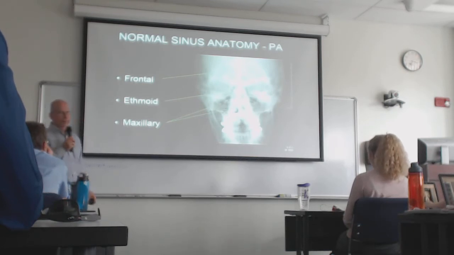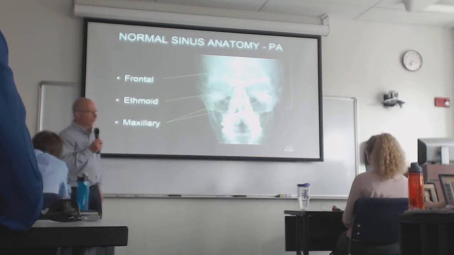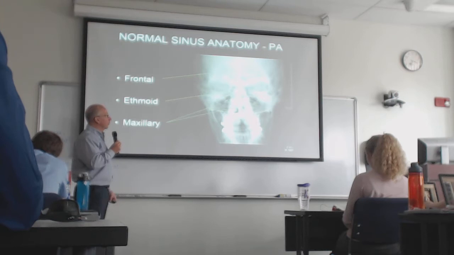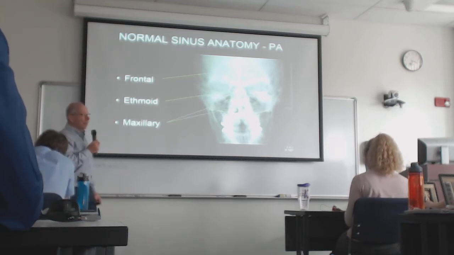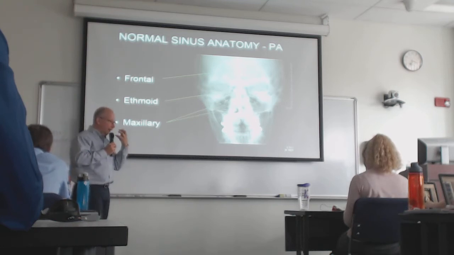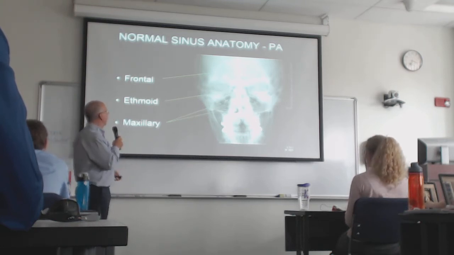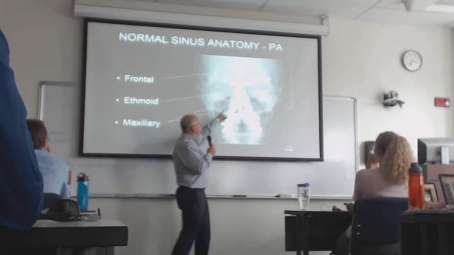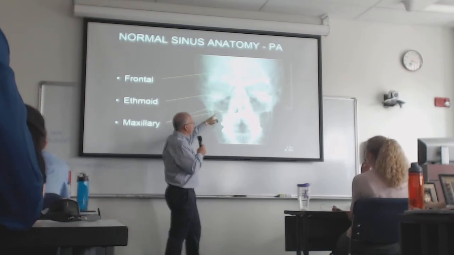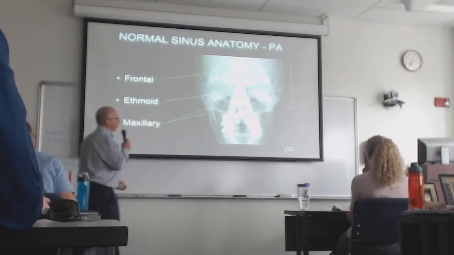sinuses are very variable. Like a lot of things in anatomy, they're not all the way the textbook reads. So the sinuses that we're most concerned about are the frontal, the maxillary, the ethmoid air cells, which sit right behind the nose, and then the sphenoid sinus, which you don't really see very well on the frontal view, but you'll see on the lateral view. We're looking for things like fluid in the sinuses, thickening of the mucoperiosteum, and of course, in trauma, you're looking for fractures, etc.